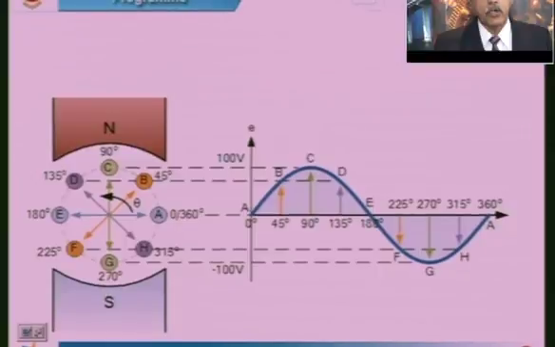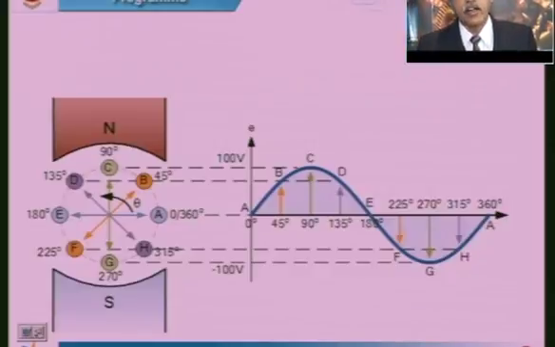Now the slide you are seeing here shows how to generate a sinusoidal alternating current or voltage. Here we are just rotating a coil or a conductor in the magnetic field produced by two poles. The conductor A is in the reference position, or the position of the conductor when it is at reference position is 0 degrees. I am getting no change in the flux linkages in the conductor, therefore I will not get any voltage. So that is represented by the 0 value of the voltage at this particular point.